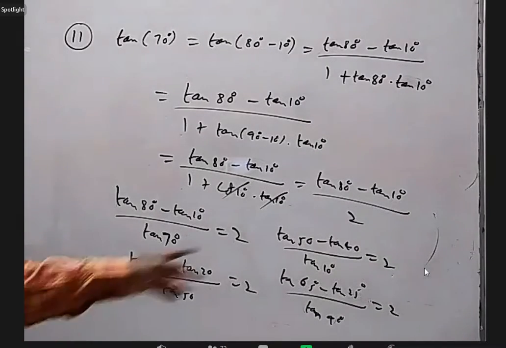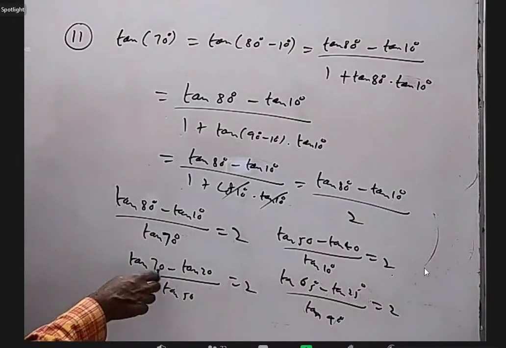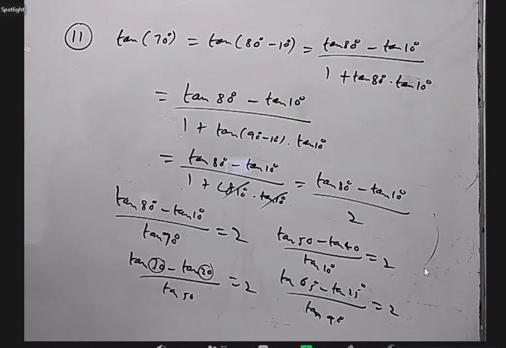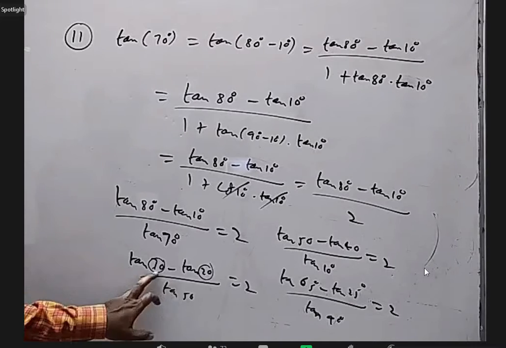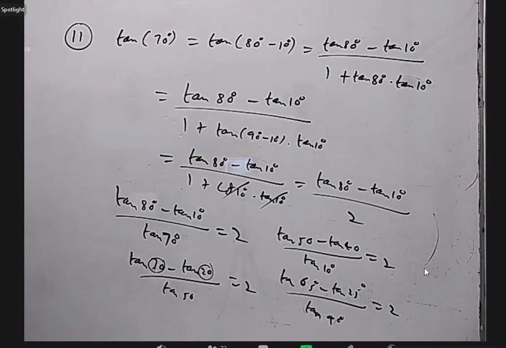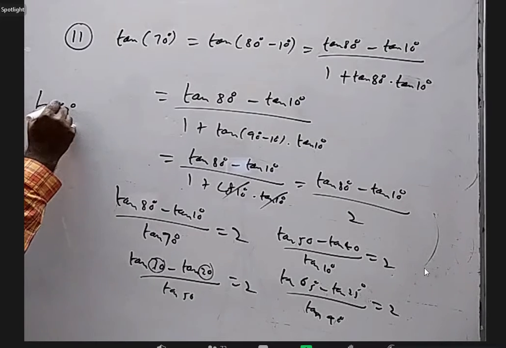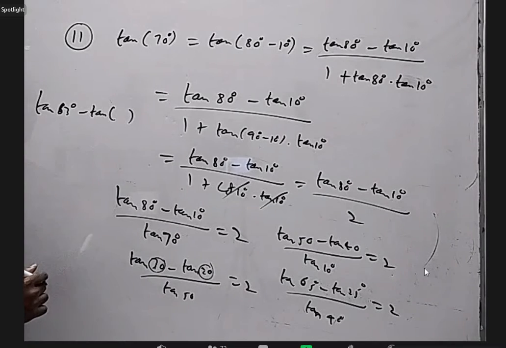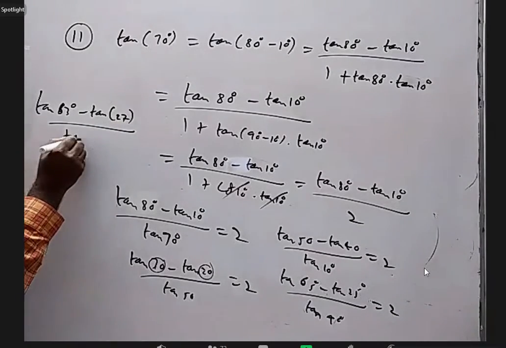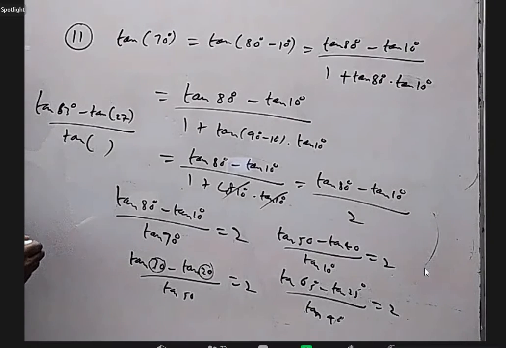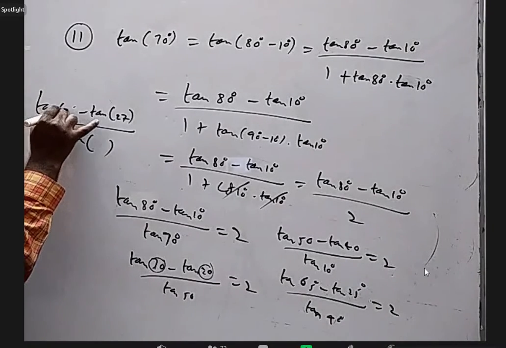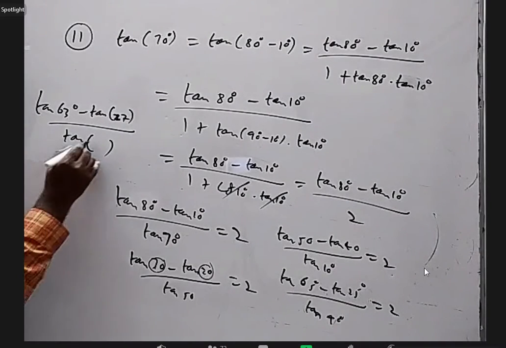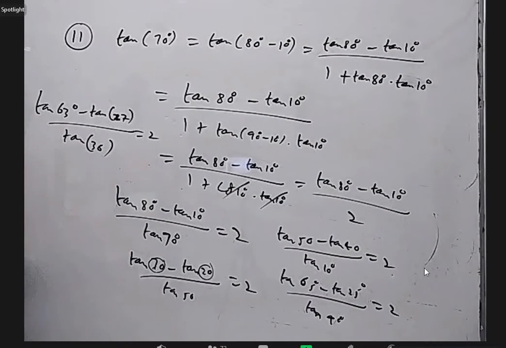If you are wondering how we are able to tell so fast, it is very simple. You take any angle here, not a problem, but their sum should be 90 degrees. And here what they are giving is the difference of these. Right? So I can even write tan 63 minus tan, what should I write here? Sir, 27. By tan 36, sir. That is also 2. Like that you can make up.